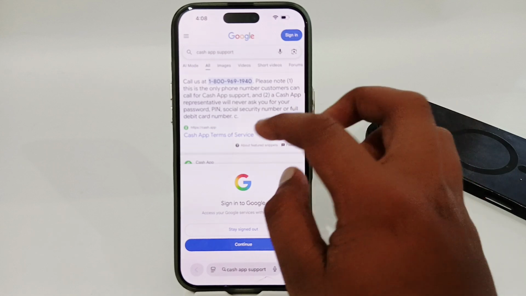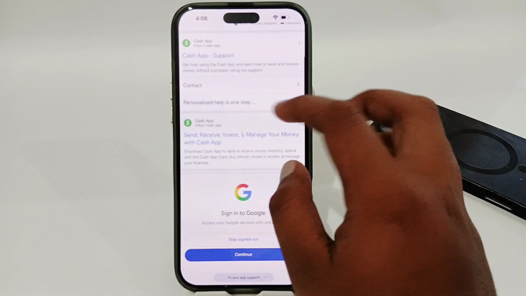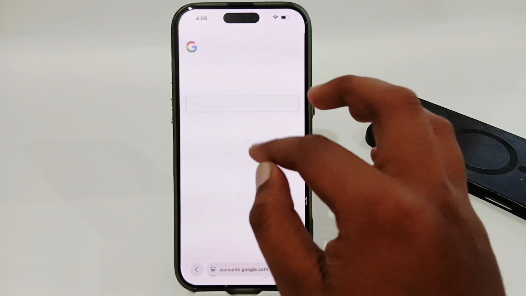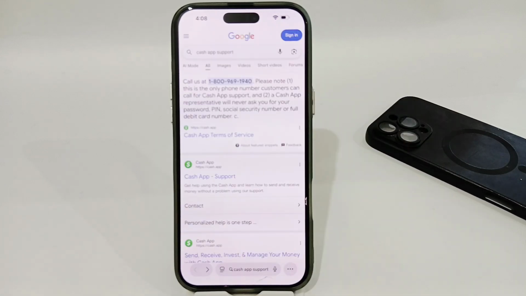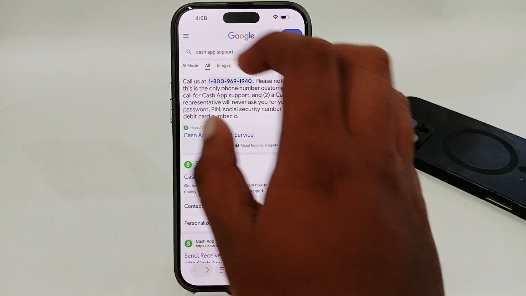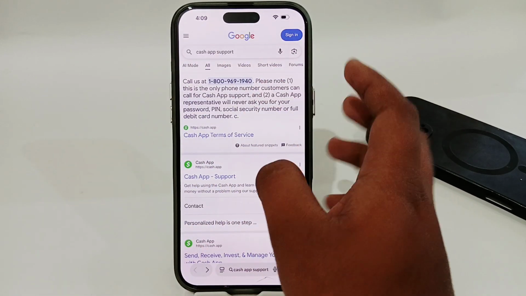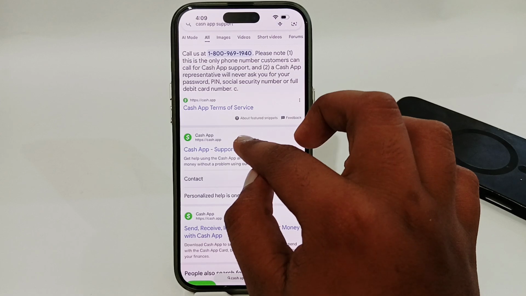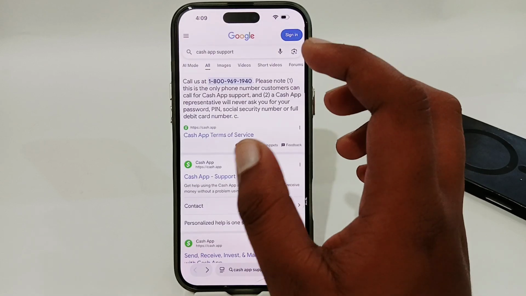Once you have searched, you will get different search results here, and from here, at the very first you will find a phone number, which is the official support number of Cash App, or you can tap on this website and open the Cash App support website, and you